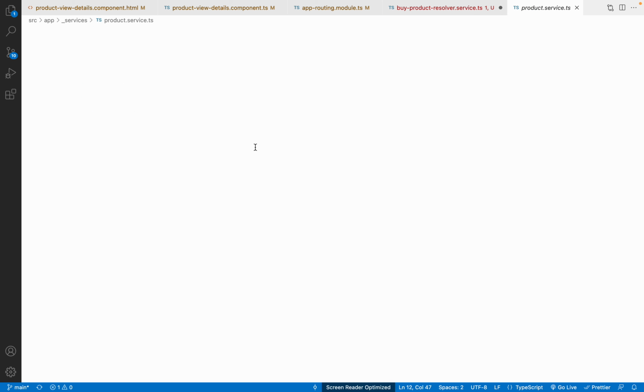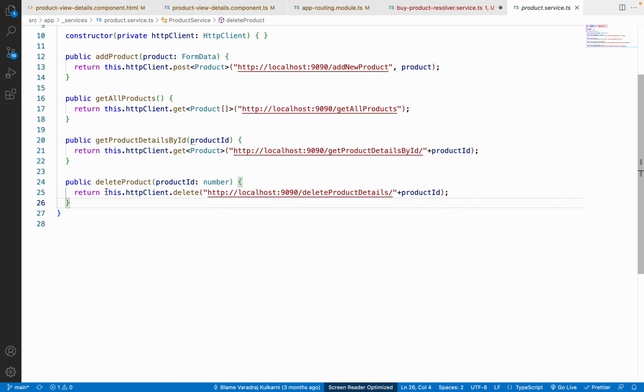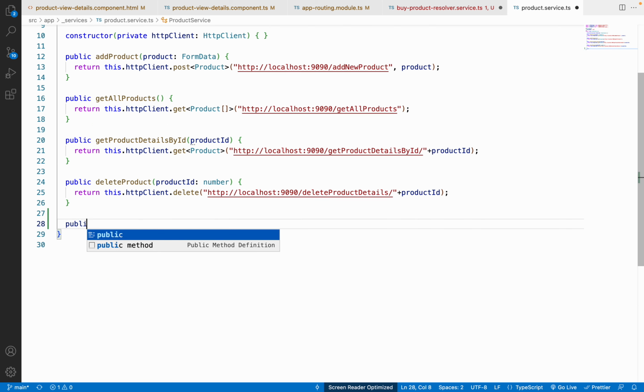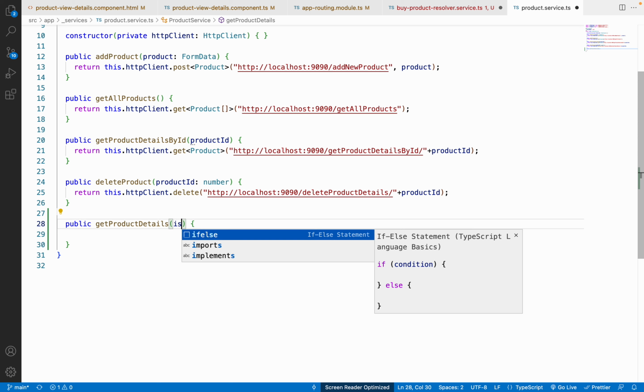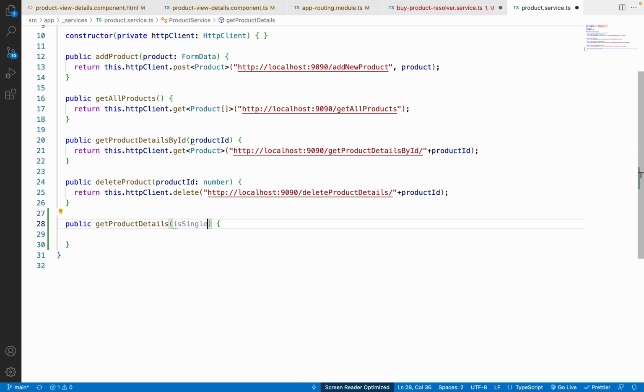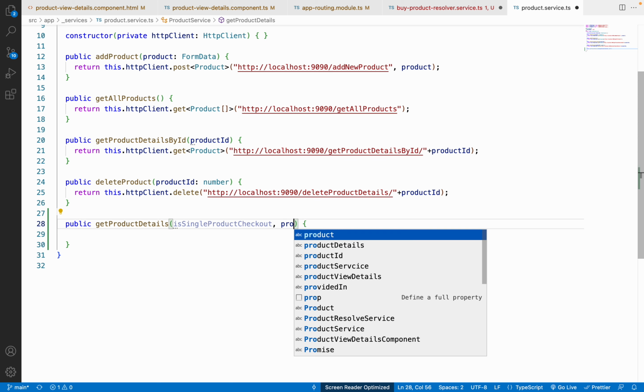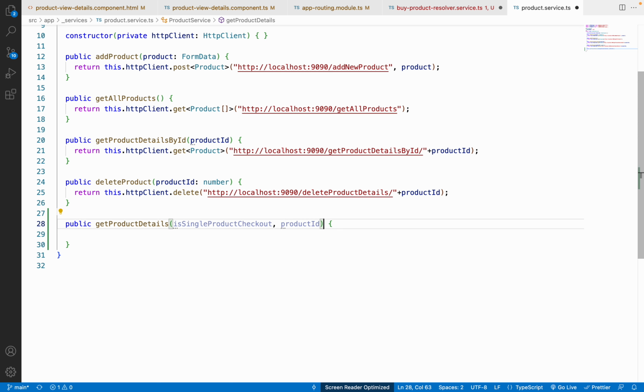Now let me go to the product service, and over here we have to create one API that we have just created at the backend. So let me use get product details, and again it will take two different parameters. It will first of all take is single product checkout, comma, product ID. Then it will return